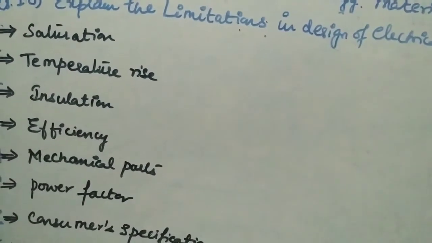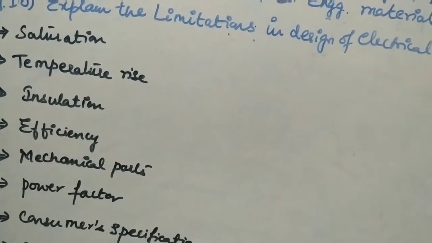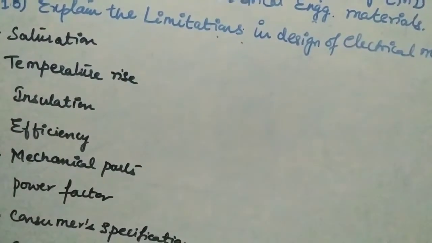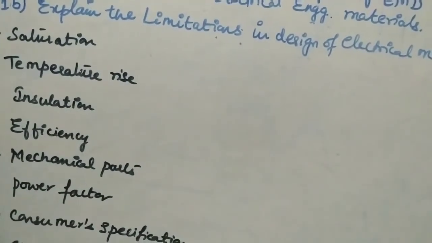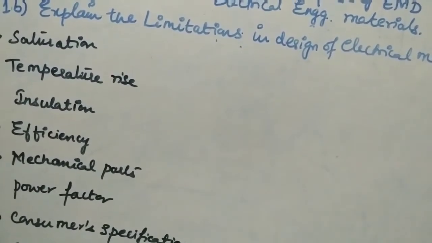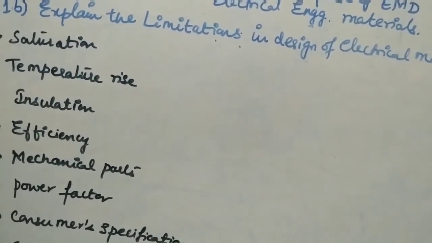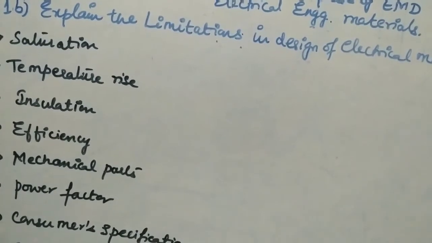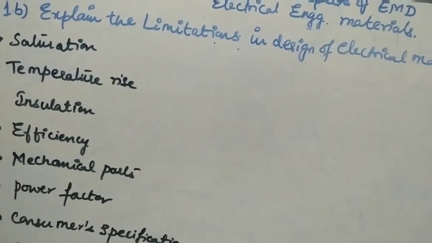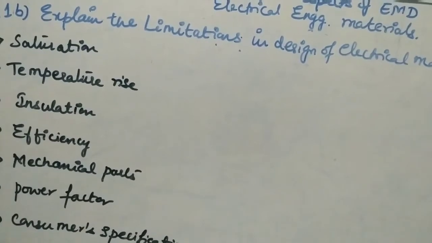Next, coming to the power factor. Poor power factor results in larger values of current for the power, and larger conductor sizes have to be used. The size and cost of the induction motor can be reduced by using a high value of flux density in the air gap. But it may result in saturation in the iron parts of the machine, and a poor power factor. That is why the value of flux density mainly depends upon the power factor, and hence the power factor becomes a limiting factor.